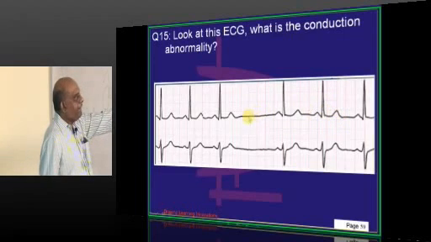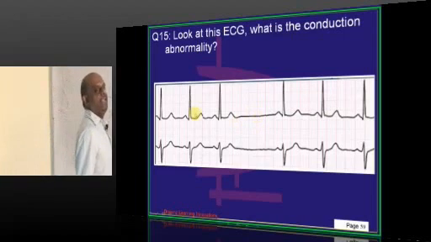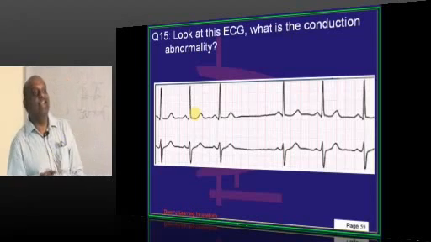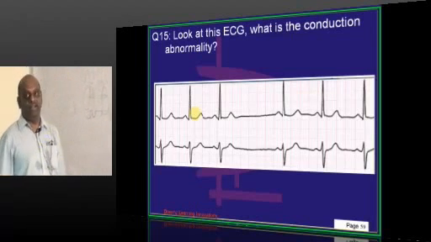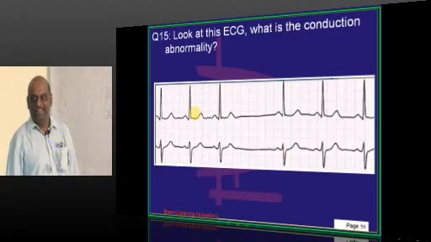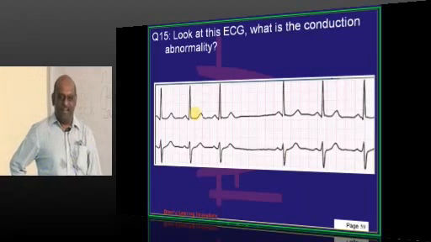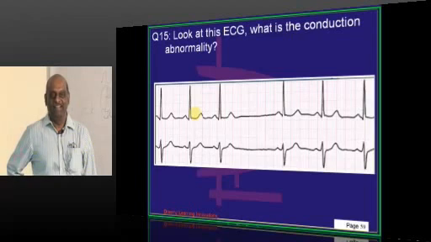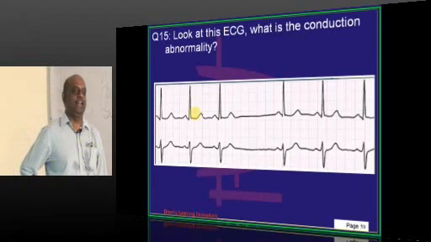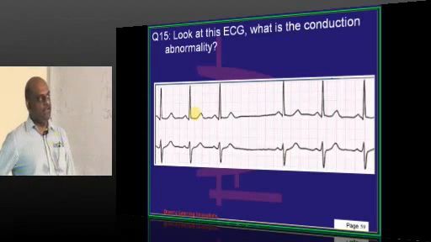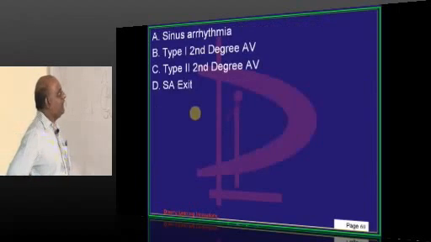That means at one point the SA node was thinking to do something else, instead of its job to release the electrical activity. See what a creation of God. 70 times a heart beats without a second thought. We would be thinking, oh, every day we have to do the same routine studies, same routine cooking, same routine eating. Let's do something new, is what we think. But the SA node has no choice of thinking. So when you prepare for PG entrance, you should work like the SA node, doctor, without pauses. Be sure. So now the question comes,